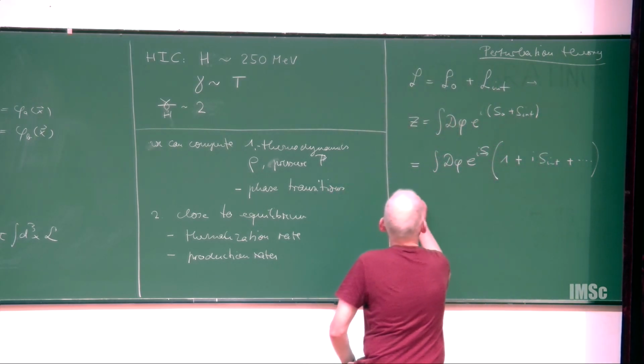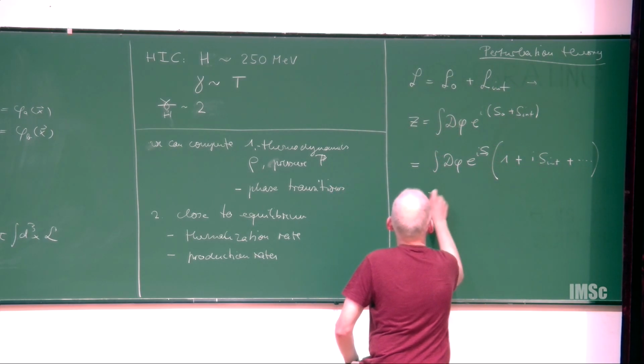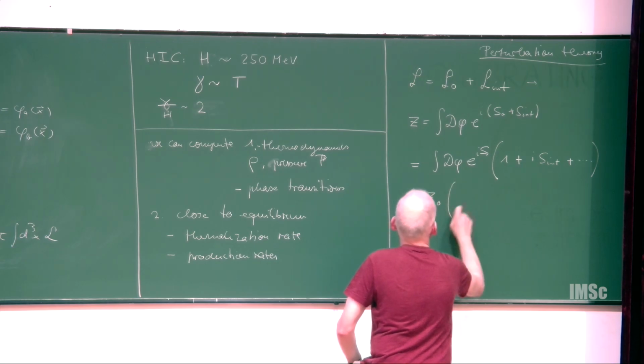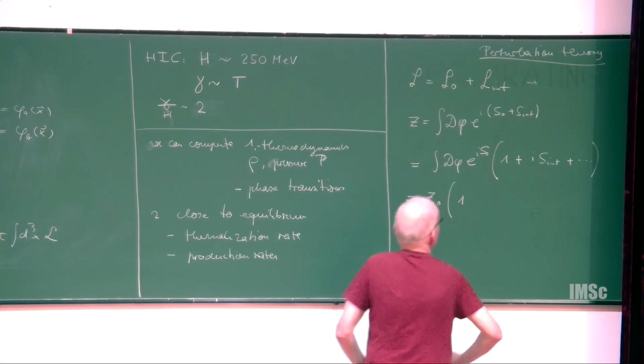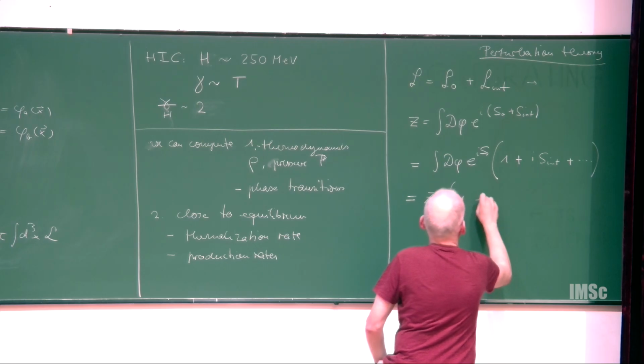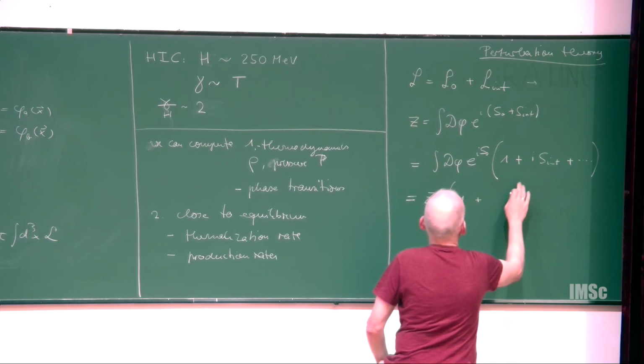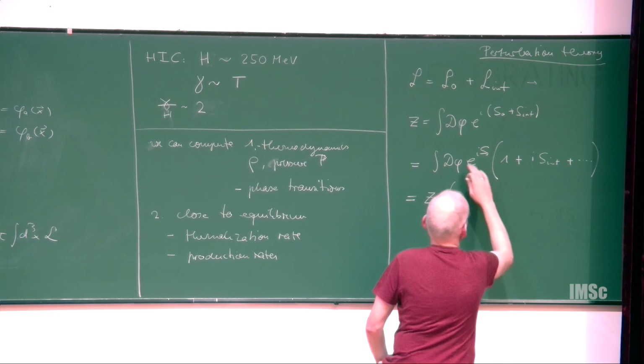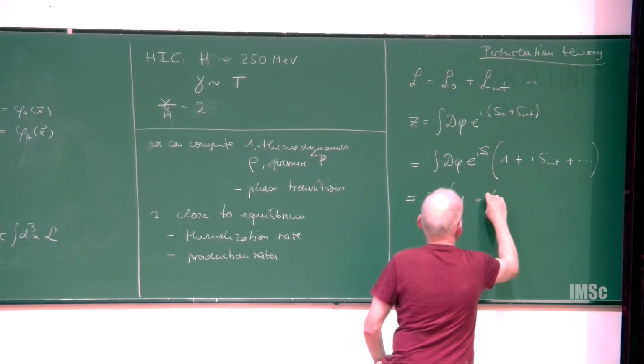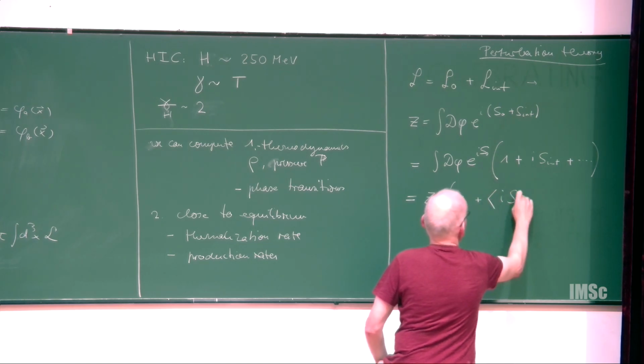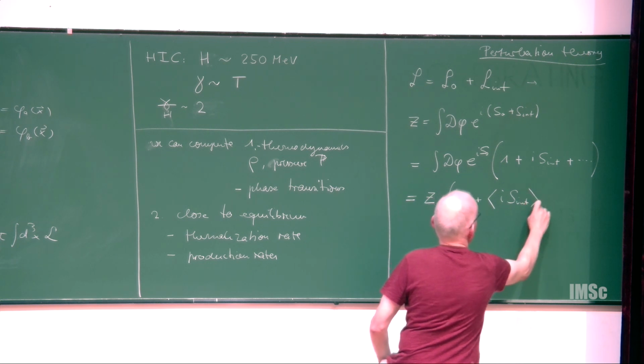We can write this as Z0 times 1. And then here we can interpret this as 1 over Z0 times the integral of that, which is like an expectation value of the interaction,